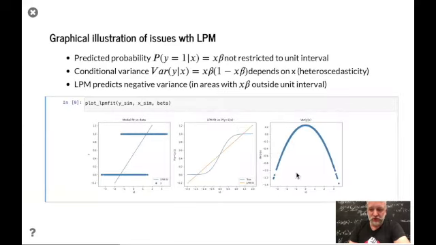So what you see here is, again, as you get predictions of probabilities that are negative, which happens around 1.5, then you also get negative variances. So all this area here, you got negative conditional variances from this model, which is not something we would like for